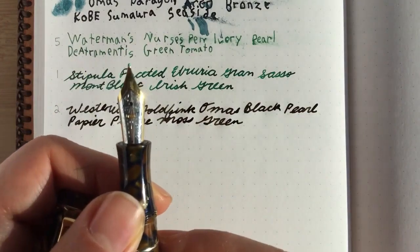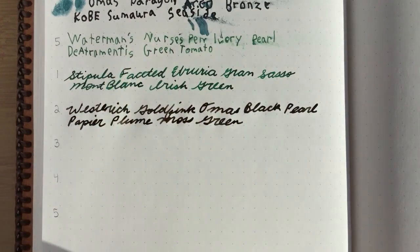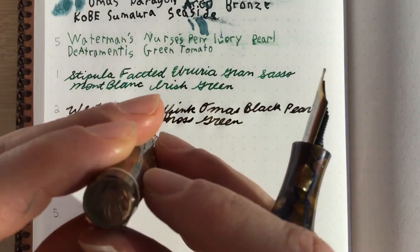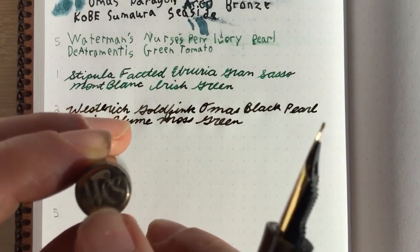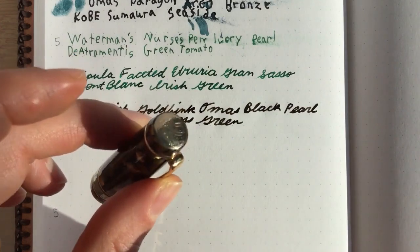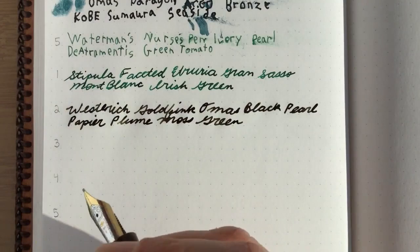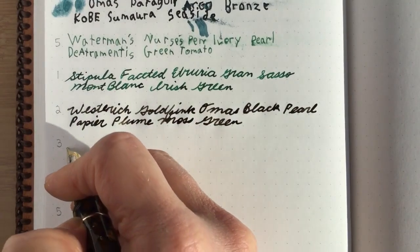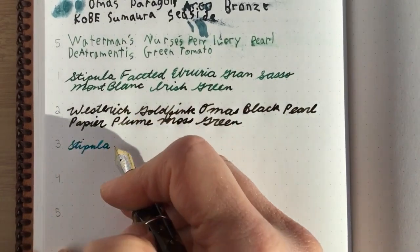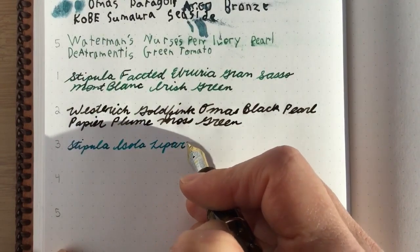Stipula is an Italian company, and this nib is 18 karat gold fine nib, and it works really, really well. And you can see this pen was made for WES, which I think was the Writing Equipment Society. So it has those letters on the top of the cap. So this is a Stipula Isola Lipari,